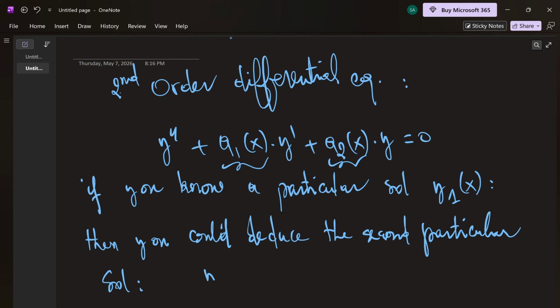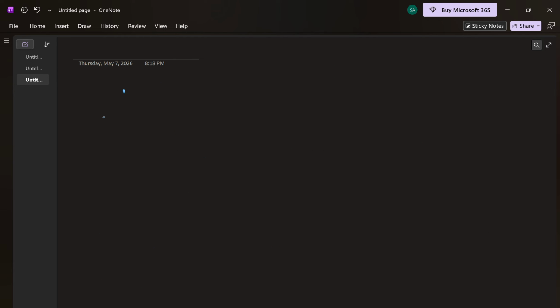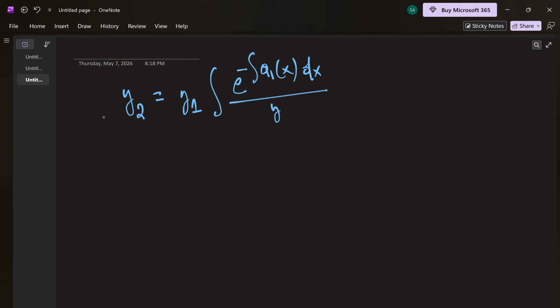So the second one would be like this. So y2 would be equal to y1 times the integral of exponential minus the integral of a1 x dx all over y1 squared dx. So you simply do this calculation and you find y2, and